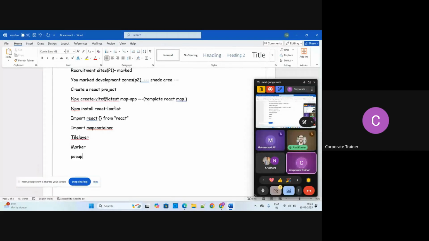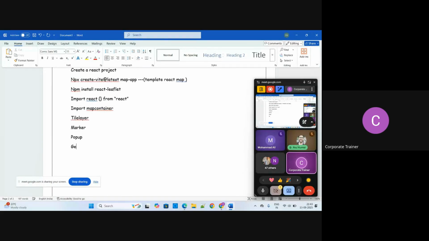Then you use GeoJSON. Like geocodes in Google Maps, GeoJSON is used to draw the shapes of zones. Nothing complex.